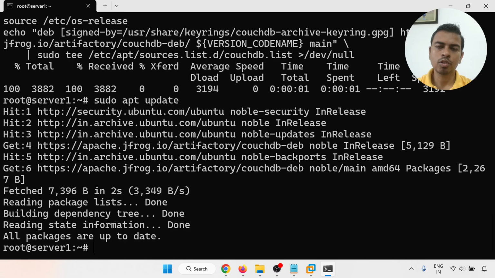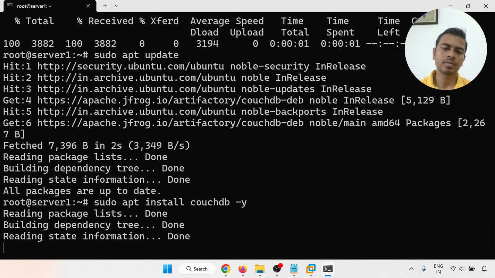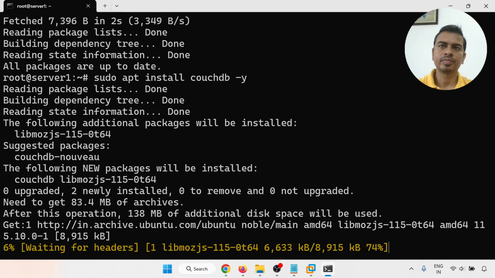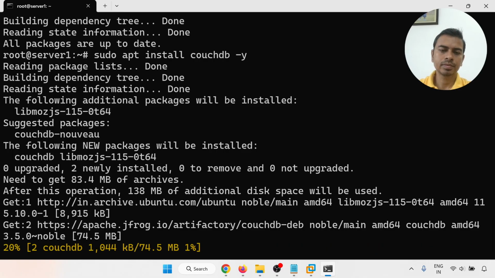Now we are going to install CouchDB. So sudo apt install couchdb -y. So the installation is started. While installing, we'll